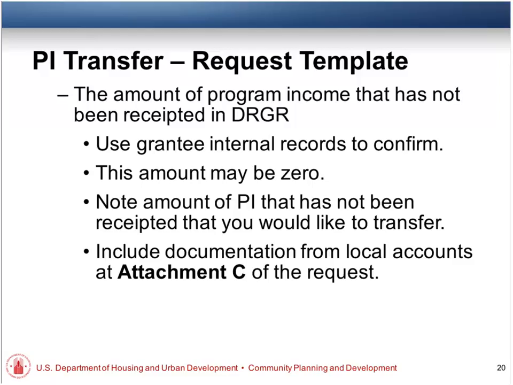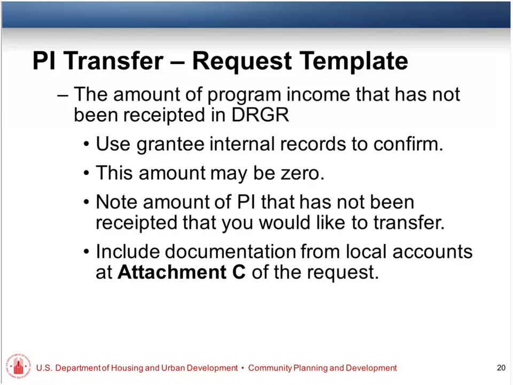From that point until you actually get the transfer accomplished, you can hold the money, but only for that brief period. Otherwise, of course, you have to receipt your program income in accordance with the regulations. We just didn't want to make it harder for you by having you unreceipt stuff that you already knew you were going to transfer.